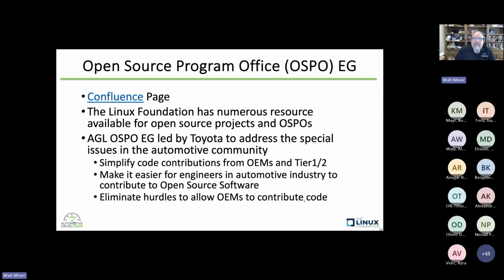One of the more interesting things that has happened in the last year or less, it's been about a year, is that we decided to create an open source program office expert group. At the Linux Foundation, we already had numerous resources available for open source projects and OSPOs, but there's a lot of, I'd say, trepidation in the automotive industry about using open source and how to use open source, how to